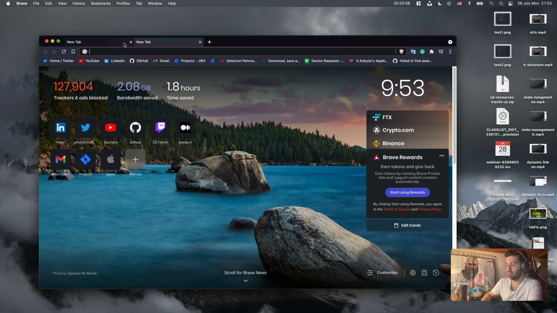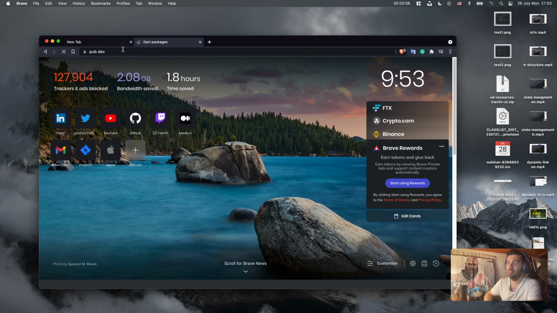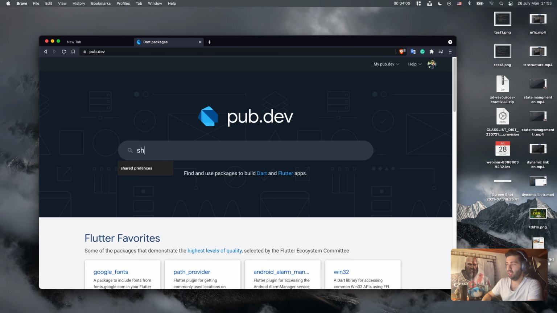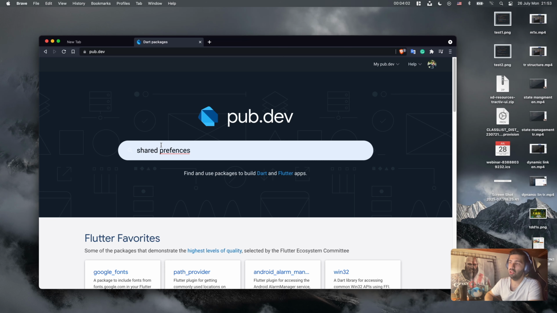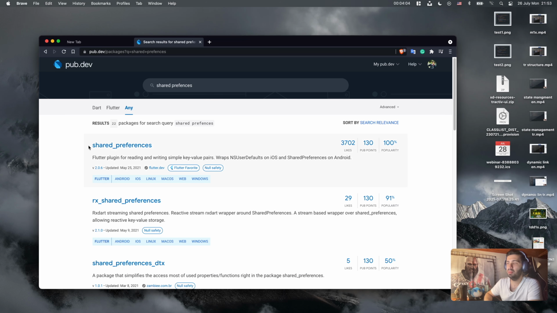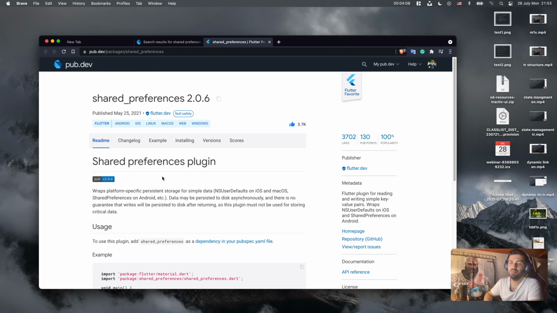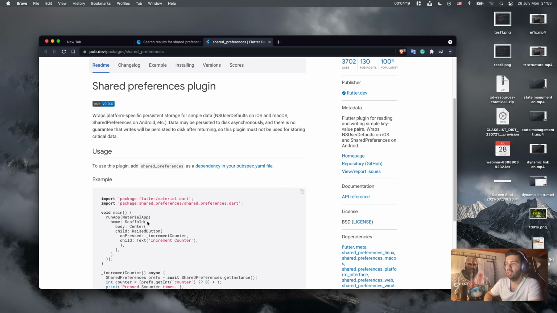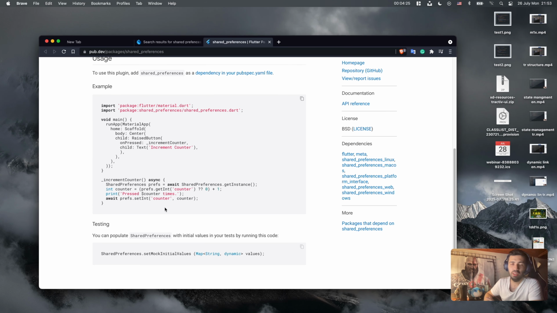I will migrate this package, shared preferences, and shared preferences is maybe the most used package for Flutter. This package lets you keep your data in mobile local storage, like NSUserDefaults and shared preferences. You can keep your data as key value on a mobile phone. Yep, it's very